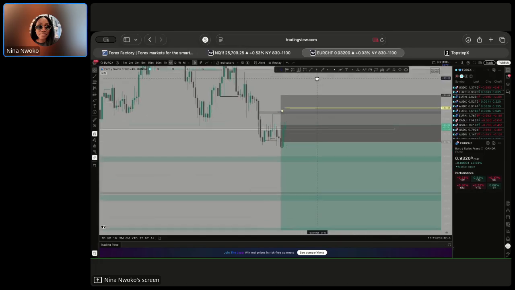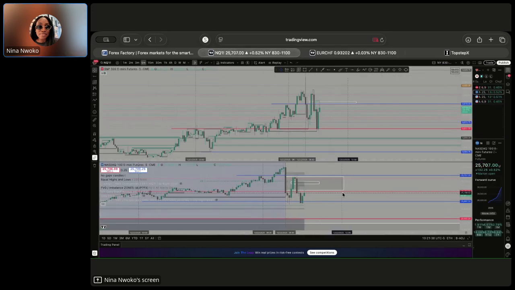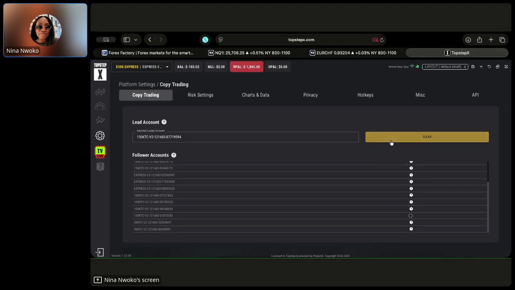And then this, I don't know what it's doing. I had a fair value gap drawn here. So far the fair value gap is still being honored, which is great, but we are in drawdown. So we are red everywhere. This trade, this is the problem with trading with someone else's money. You don't get to decide